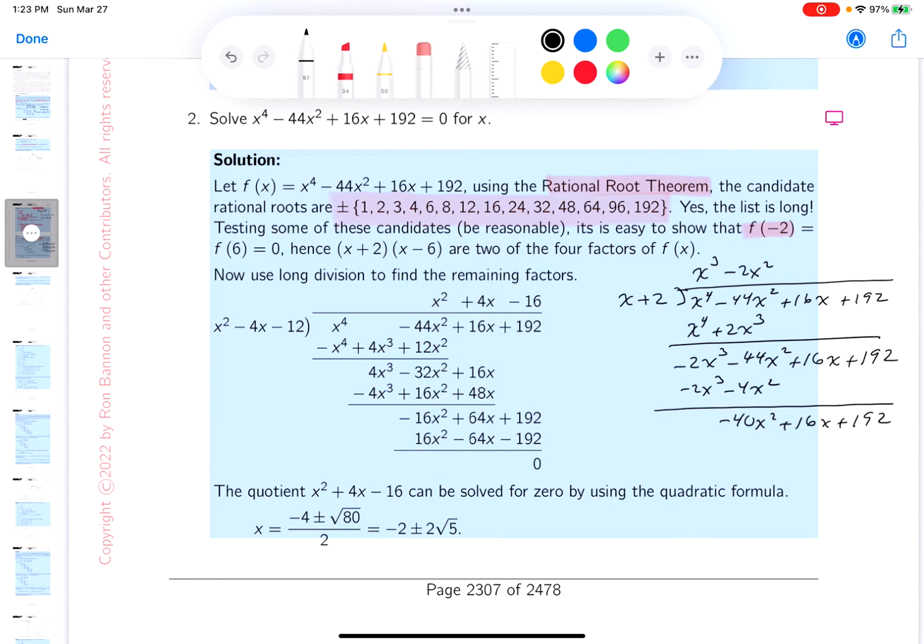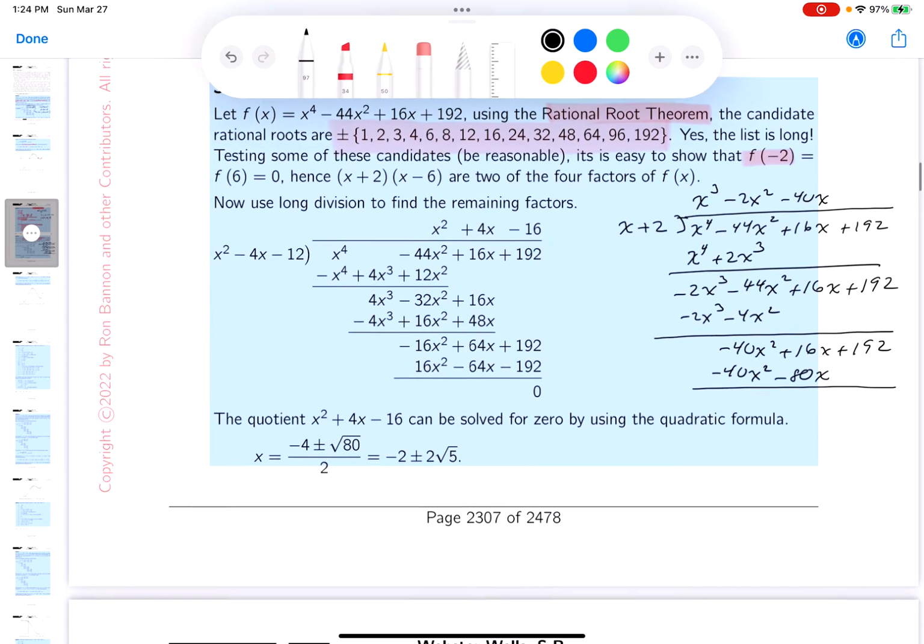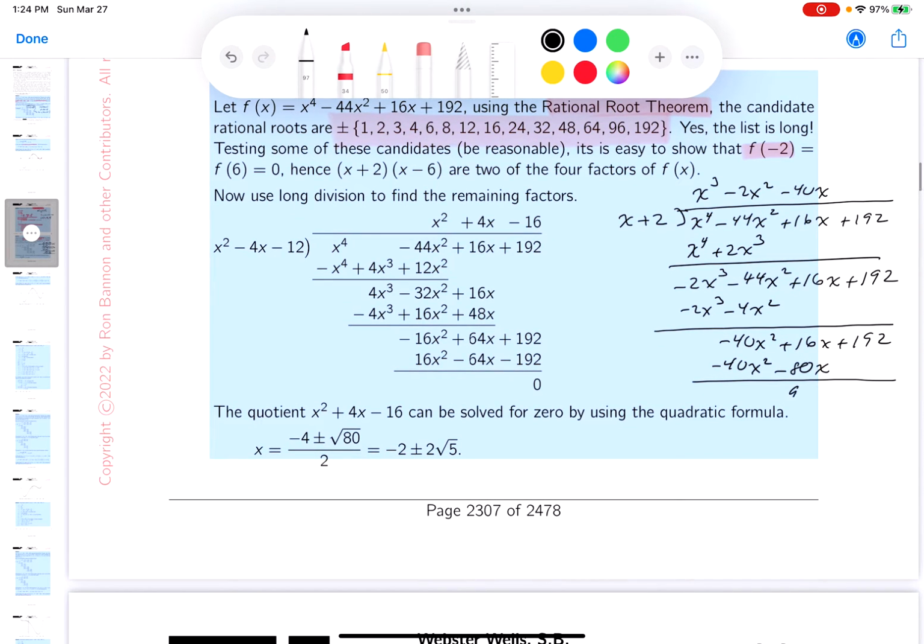That would be minus 40x, right? That's minus 40x squared minus 80x. Let's see, you get 96 then, right? Plus 192. And what do you get there? Plus 96. All right? And kind of looking at that, it's a little bit easier than the 4th degree polynomial